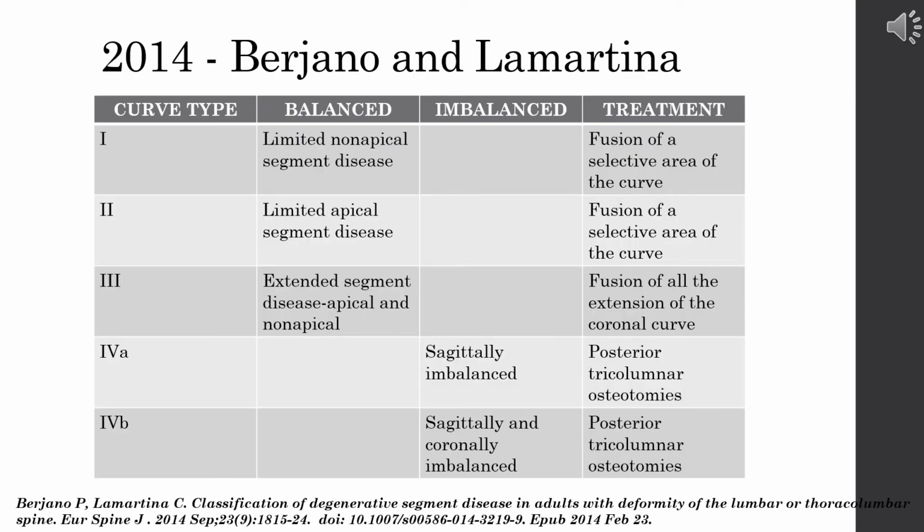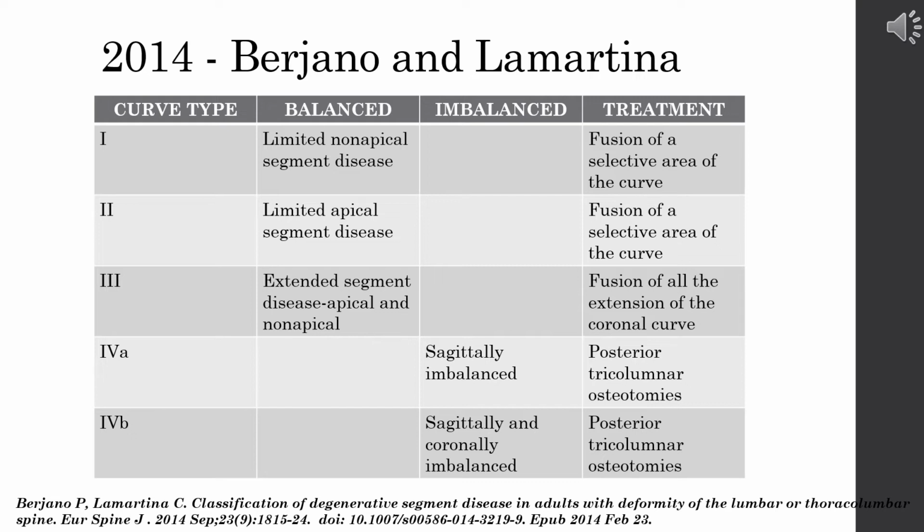Pedro Berjano and Claudio Lamartina did a chart review in 2014 and created a classification system based on the distribution of diseased segments and balance status of the spine. The goal for their system was to identify selected fusions to avoid full curve fusion. This would in turn reduce the surgical risk while maintaining a larger range of motion and reduce the risk of